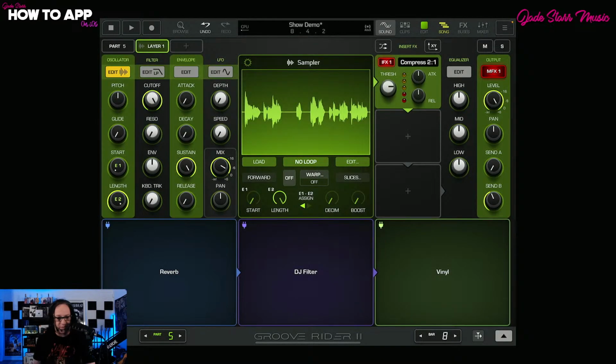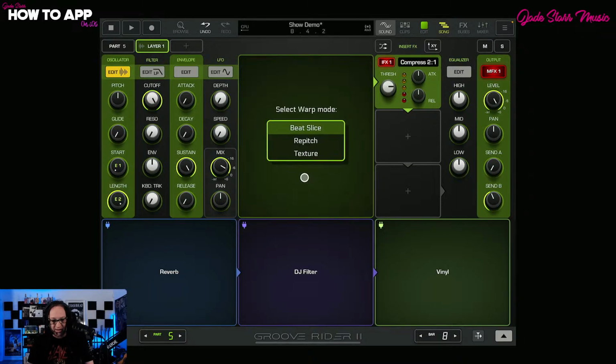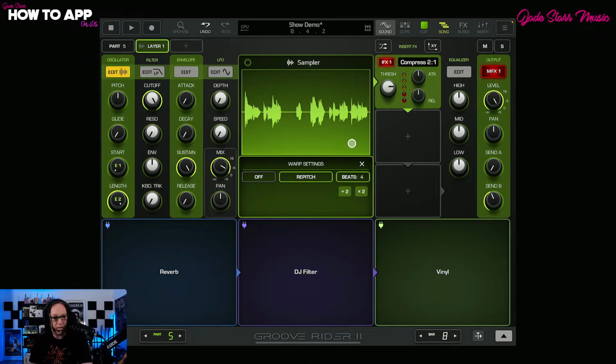So here's our sample in here. And warp is off at the moment. And we've got beat slice, repitch, or texture. I'm going to solo this. Remember, there's solo buttons everywhere, yeah? So you've got solos up here, so we can...